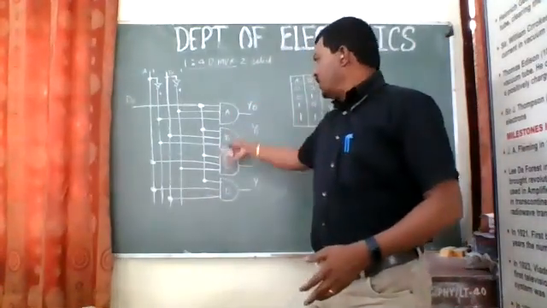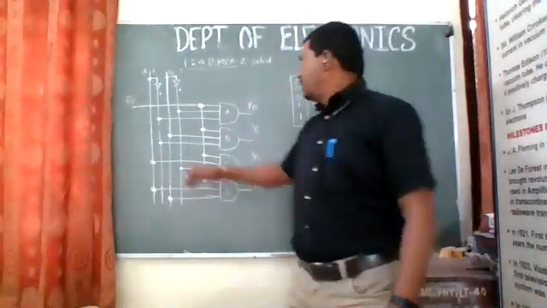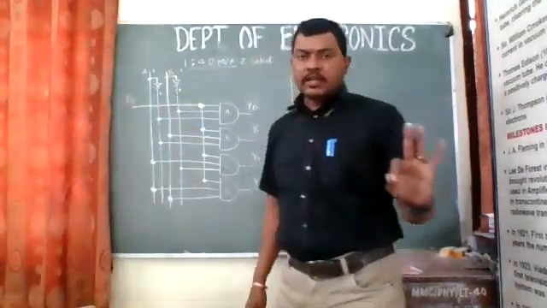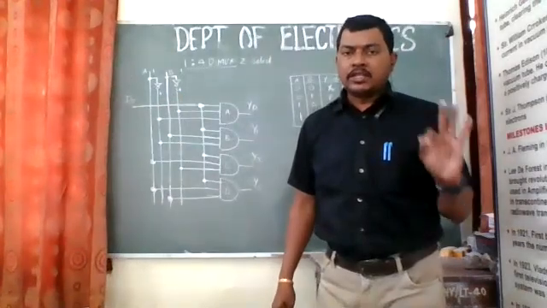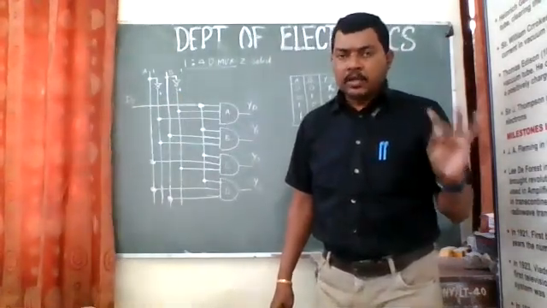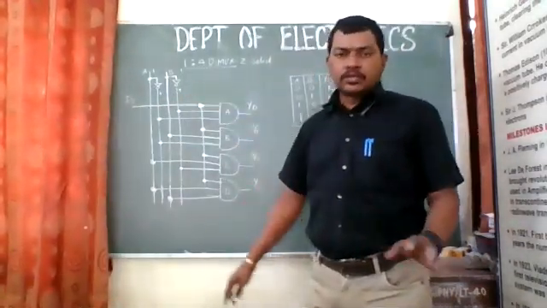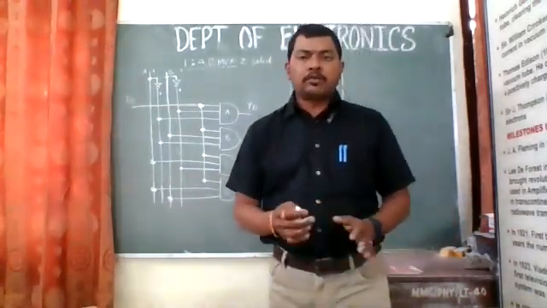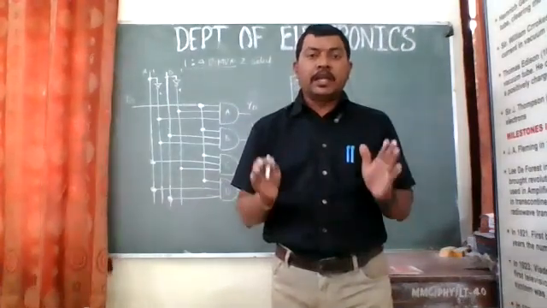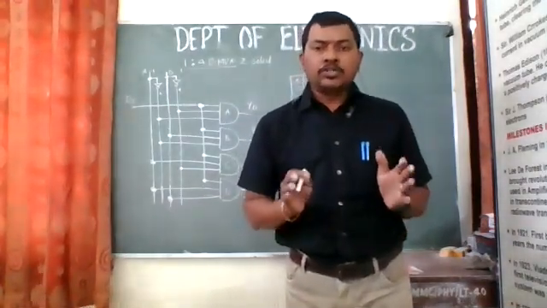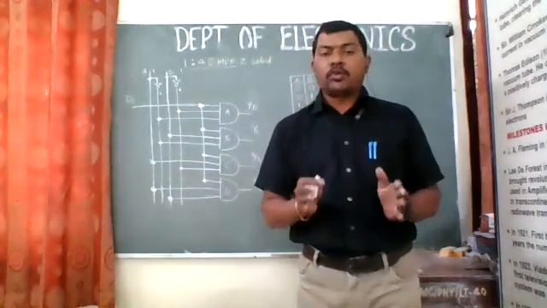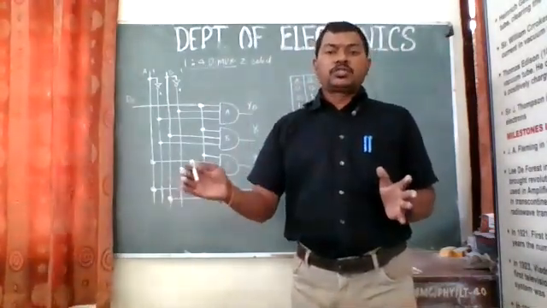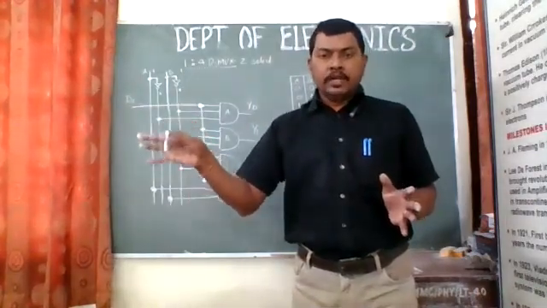Also, you can draw all the gates, but in the case of 1:8 or 8:1, you will be requiring three select lines. Remember this. So you'll be requiring three select lines A, B, C, and accordingly you'll be drawing this. So in a page, you are able to draw. How many gates will you require? You'll require 8 AND gates for the demux, and for the mux, you'll require 8 AND gates and one OR gate having 8 inputs, right?